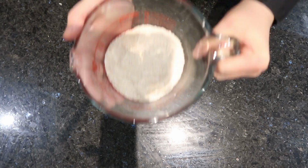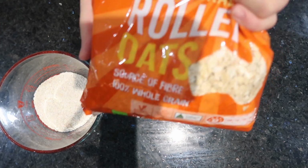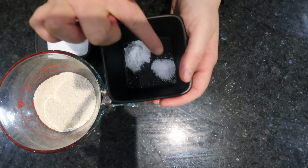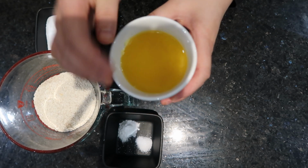Next, I made oat chocolate chip cookies. I used 1 cup of oatmeal, which I made by putting some oats in a food processor. Oats have more fibre than white flour, including soluble fibre, which can help reduce cholesterol. A 1/3 cup stevia, a pinch of salt, half a teaspoon of baking soda, 3 tablespoons of margarine with plant